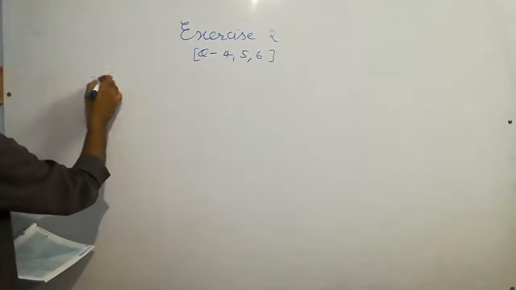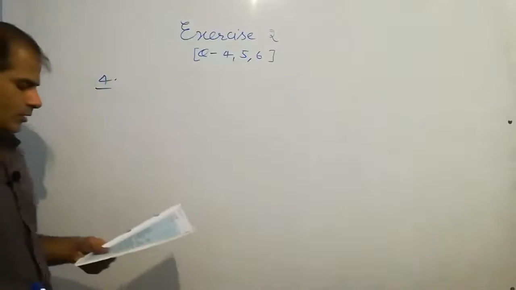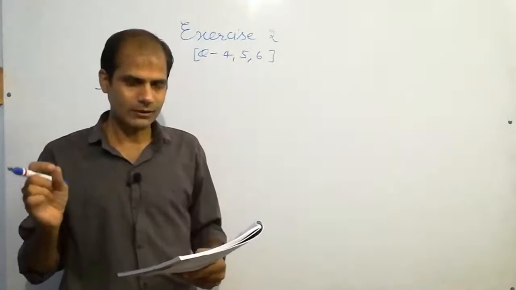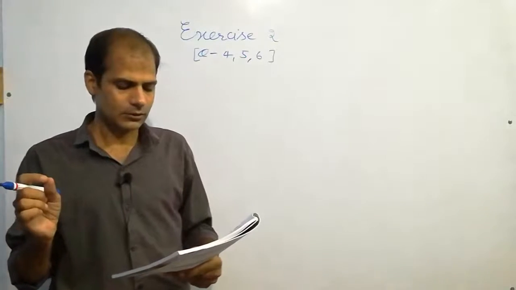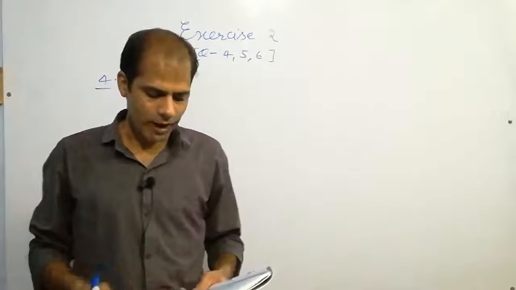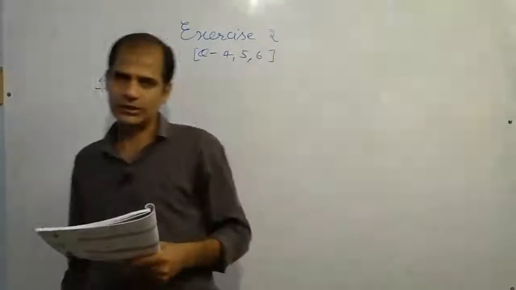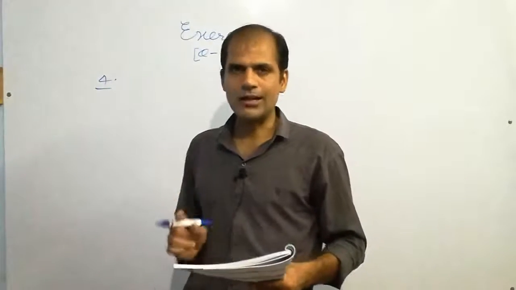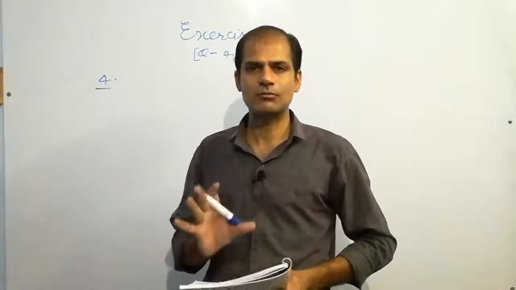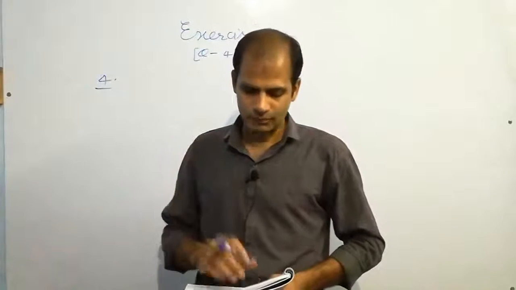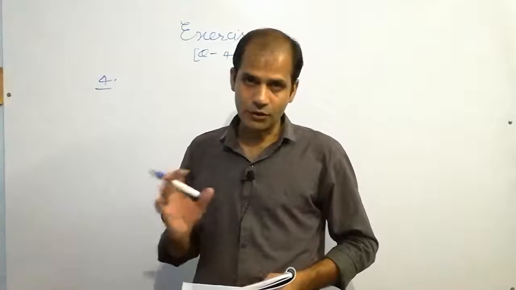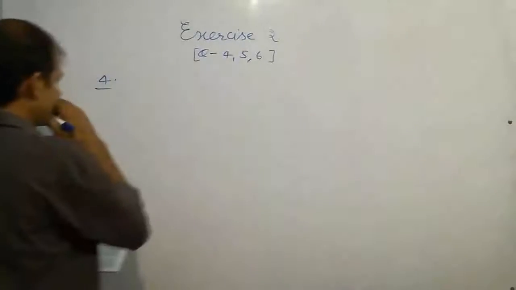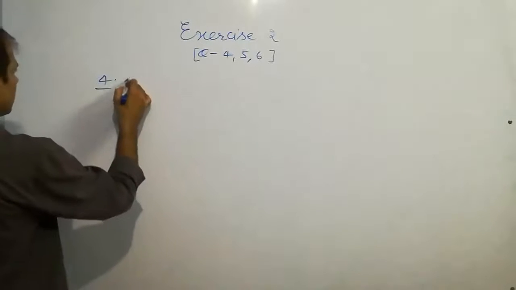Fourth question is, these are the word problems. So try to understand honestly. Find the addition of the largest number of 4 digits and the largest number of 3 digits. Addition means sum. You have to add the largest number of 4 digits and the largest number of 3 digits. So I am writing the question.